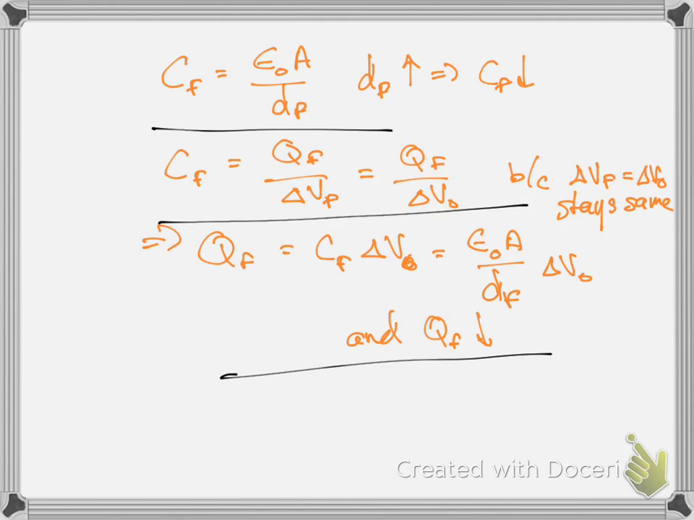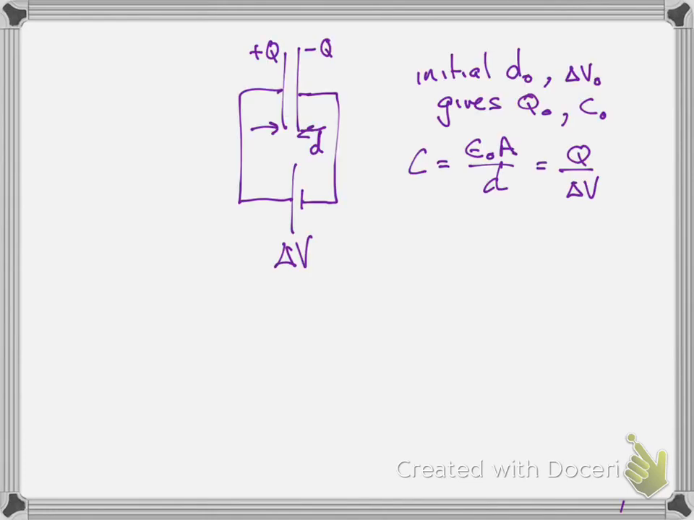So now let me ask a second question about this. Let's take the same situation. I'm going to draw the picture again. So this is a summary. If we have an initial D0 and delta V0, then that allows us to calculate Q0 and C0 from these equations. So now the question is what if I have this situation where we're initially at D0,